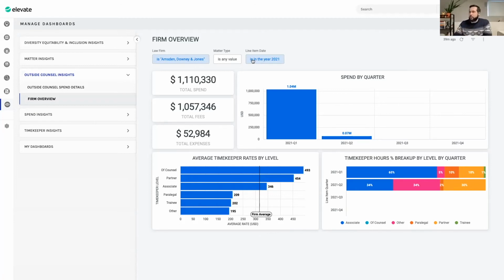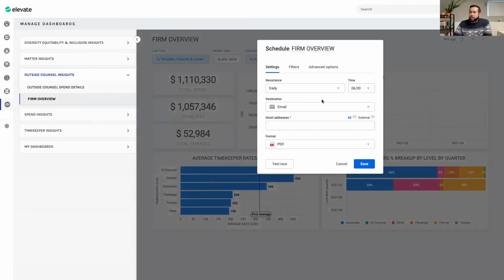Maybe I want to compare year to year. And then also, let's say the GC wants a summary report of how a particular firm has been working for us, or where all the spend is going. I can either download this dashboard and share it, or I can schedule the delivery of this dashboard to the general counsel. I can even send them a regular update of this report over time, whether it's weekly, daily,